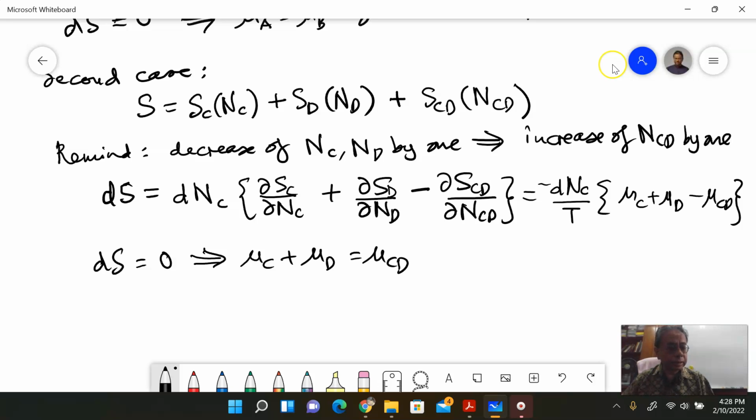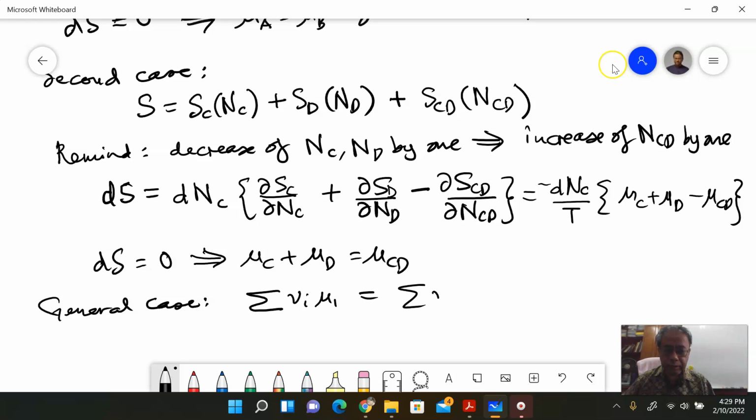And one could extend this to more elaborate chemical reactions. Then again, you will have something like this. The general case, I'm not going to write down; read this in the book. So you have some sum of mu i equal to some sum of mu j, where the left hand side is essentially